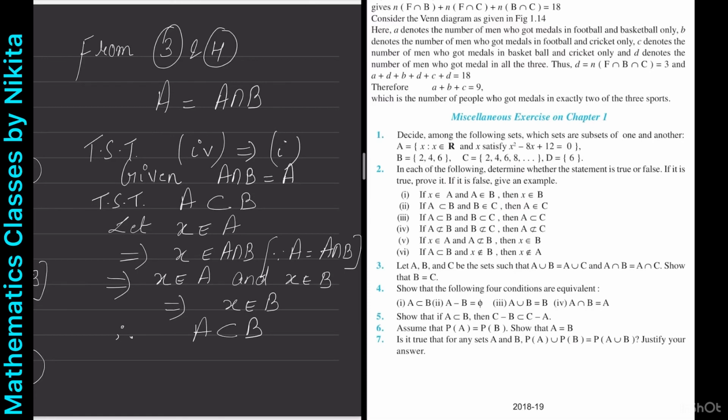तो अगर मुझे A minus B equal to empty दिखाना है तो मैं या तो A is a subset of B दिखा सकती हूँ, या A union B equal to B दिखा सकती हूँ, या A intersection B equal to A दिखा सकती हूँ. तो ये आपस में सारी एक दूसरे की डेफिनेशंस बन जाती हैं. So I am stopping here. So remaining questions I will be doing in the next videos because this is a big exercise.